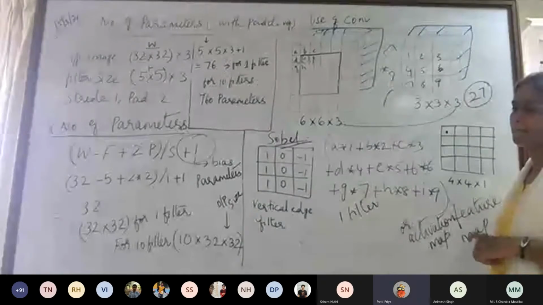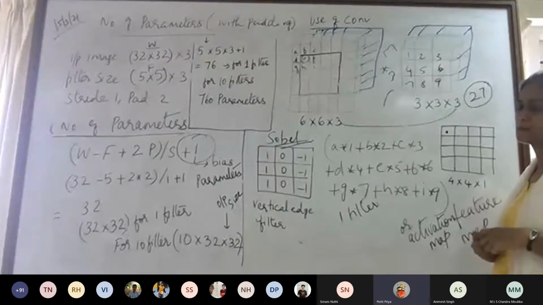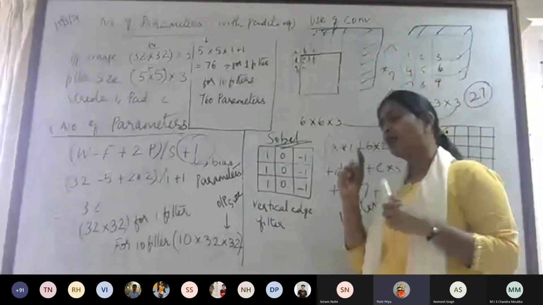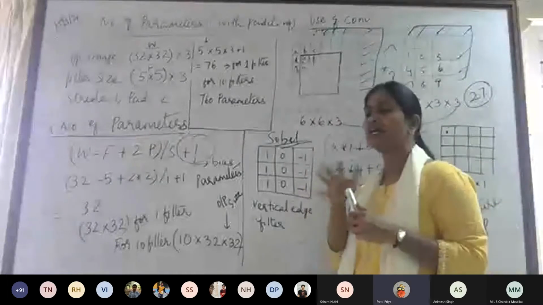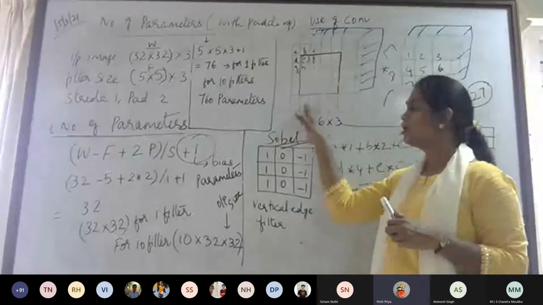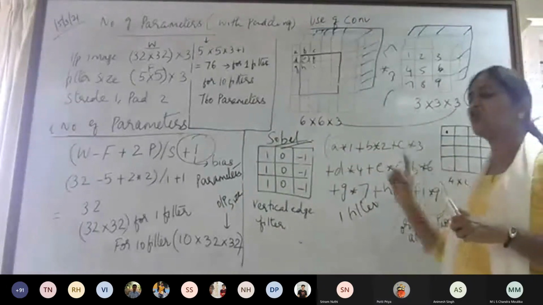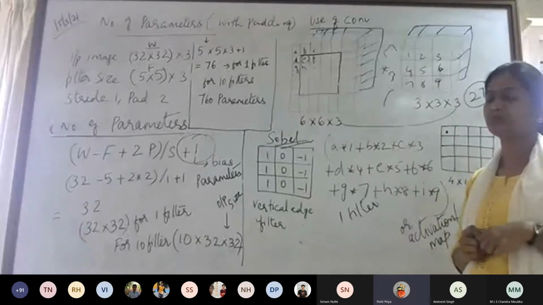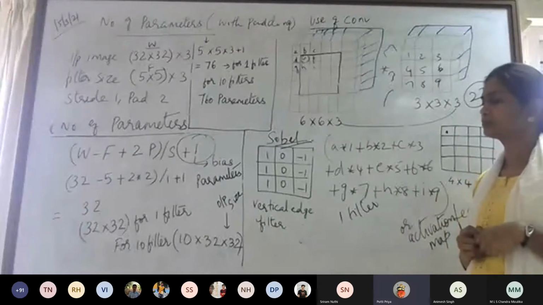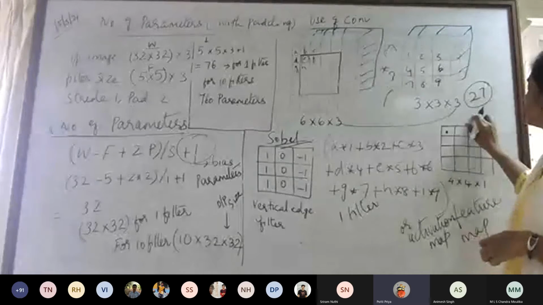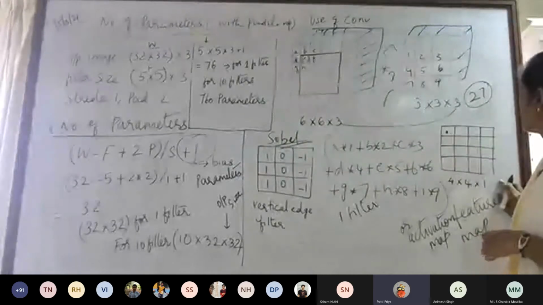Okay, ma'am. So the number of parameters. What I wanted to ask is, one neuron in the parameters sense, it will go to one neuron in the hidden layer, not in the input layer. Your input is this, but all the 16 elements go to one neuron in the hidden layer. Yes, ma'am. So the number of parameters will be this size plus bias, no, ma'am? Yes. This size means 4 cross 4 cross 1 plus bias.